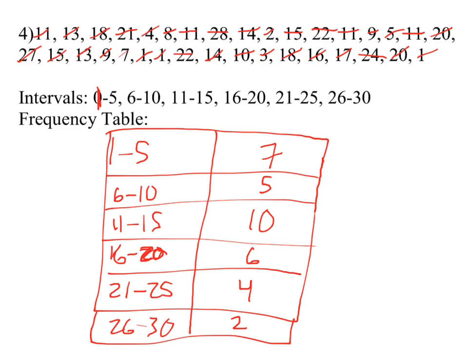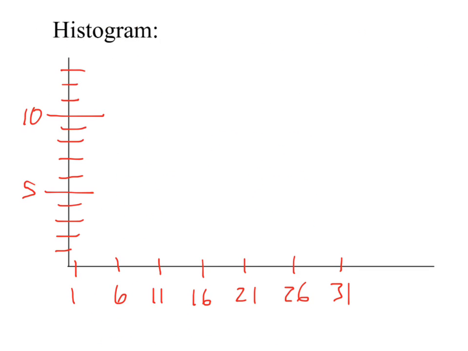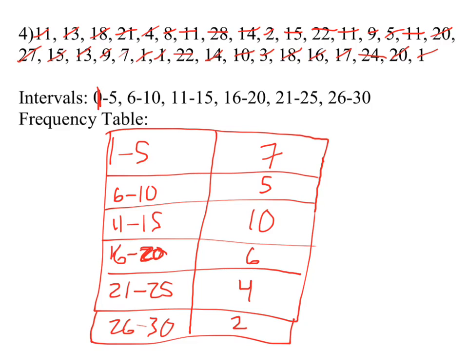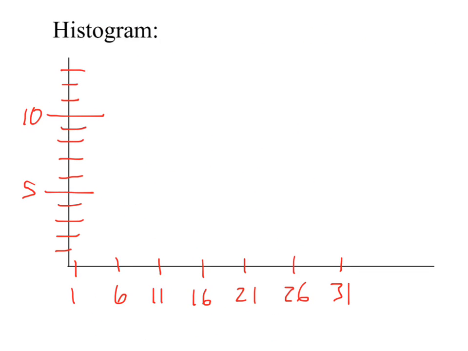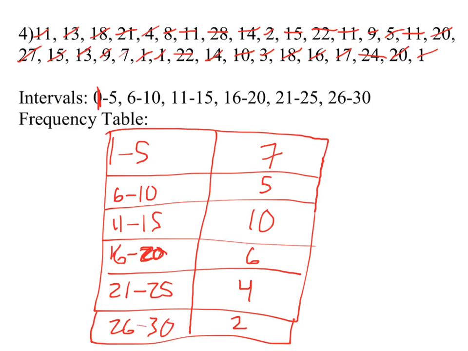1 to 5, 6 to 8, and so on and so forth. This should be 1 to 5 instead of 0 to 5. Anyway, so those are the frequencies there. It goes up to 10, so that's why my y-axis goes up to 10 and beyond. The first interval of numbers includes 7 entries, and then the next one has 5,